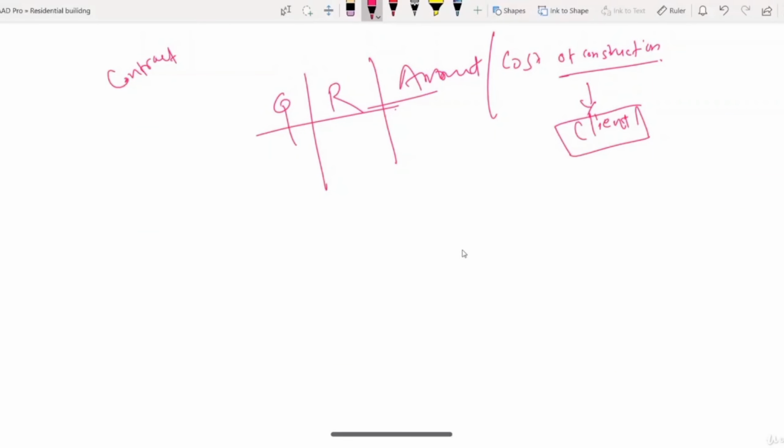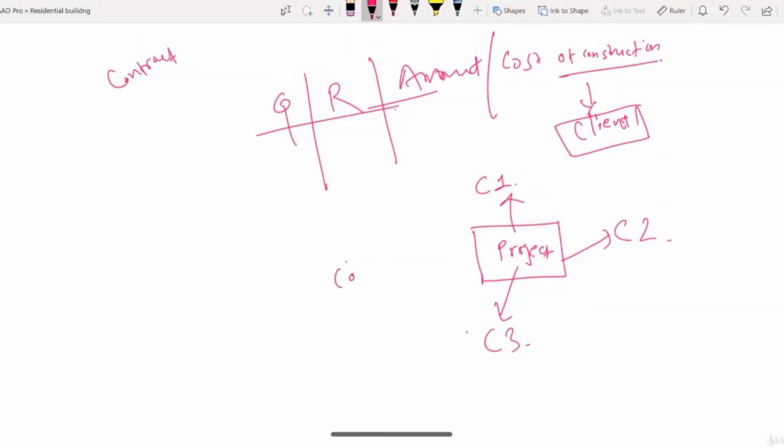So what is a bidding document? Now we have a project to do here. Here we have a house to build, and the consultant and the client together will call the contractors. They will call contractor 1, contractor 2, contractor 3 to build that house. The consultant will give the contract document and the bidding document. The bidding document will contain all the information about all the quantities that will be used in that project, and the consultant will give that information to all these